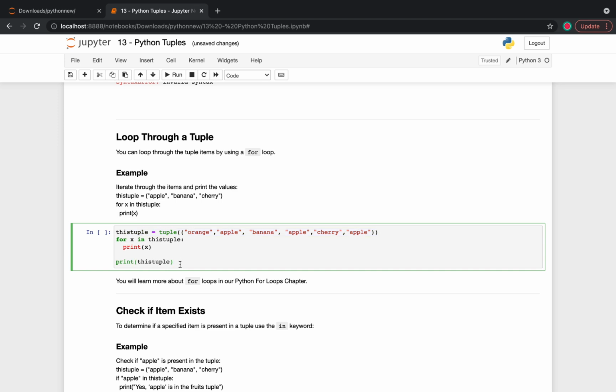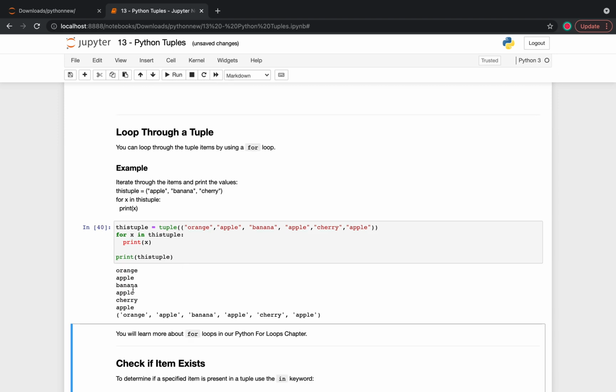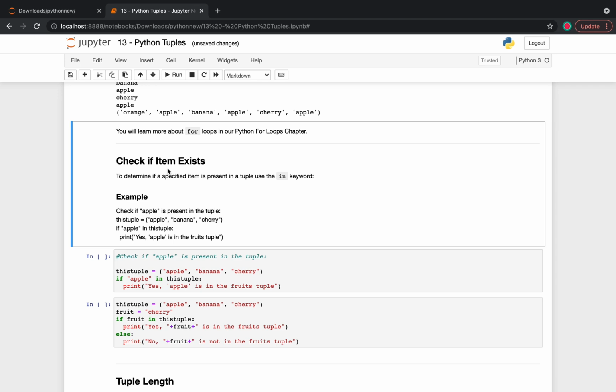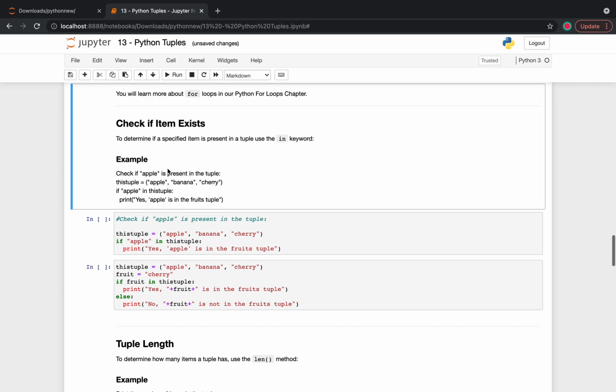So we have two kinds of output. The first one is the print from the for loop, and then we have this one. It will return these two kinds of values, two kinds of results. And then we want to check if an item exists or not by using the in keyword. It is the same as the list. So I will go through these two examples,